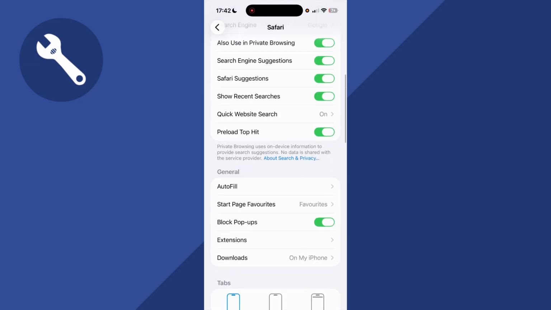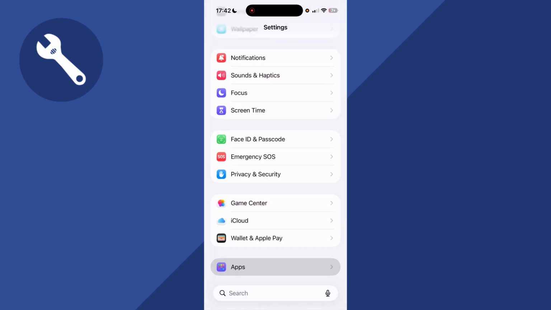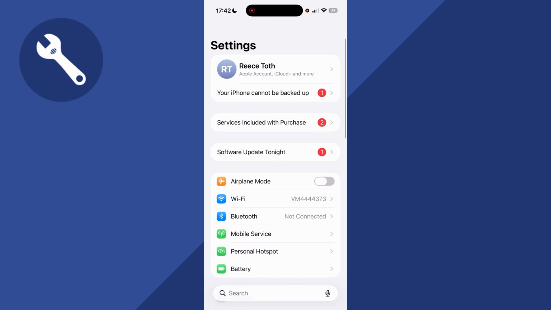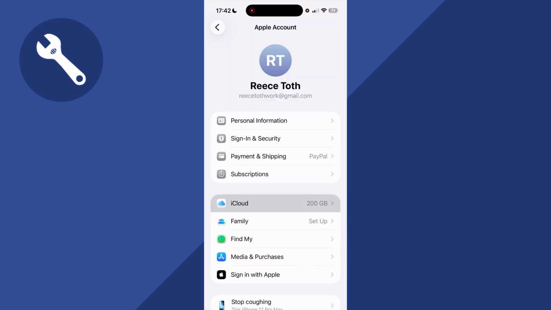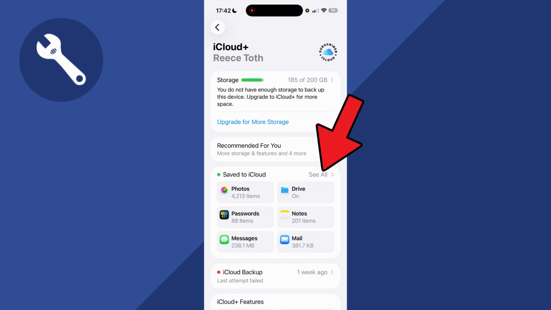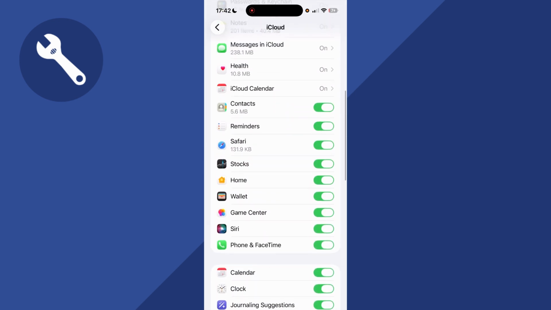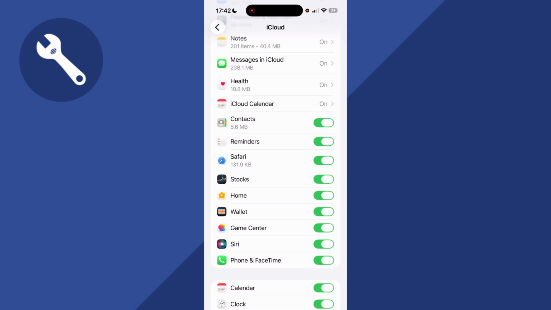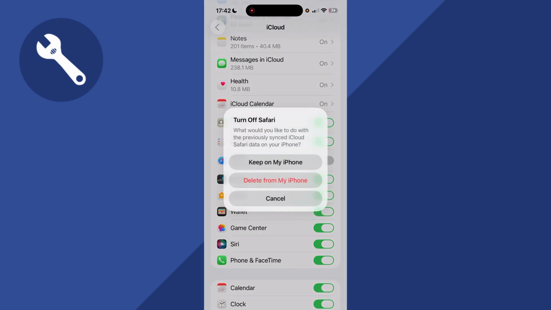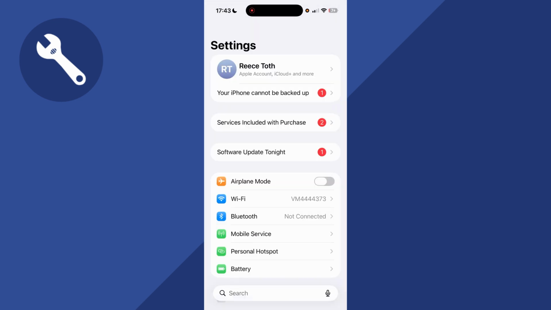If it's still not working, there is one final solution. So head back over to the main settings page. You can then click on your profile name at the top of this screen and click on iCloud. Next to Save to iCloud, click on See All, and then you'll need to scroll down to Safari and go and turn this off. You can then press delete from my iPhone,